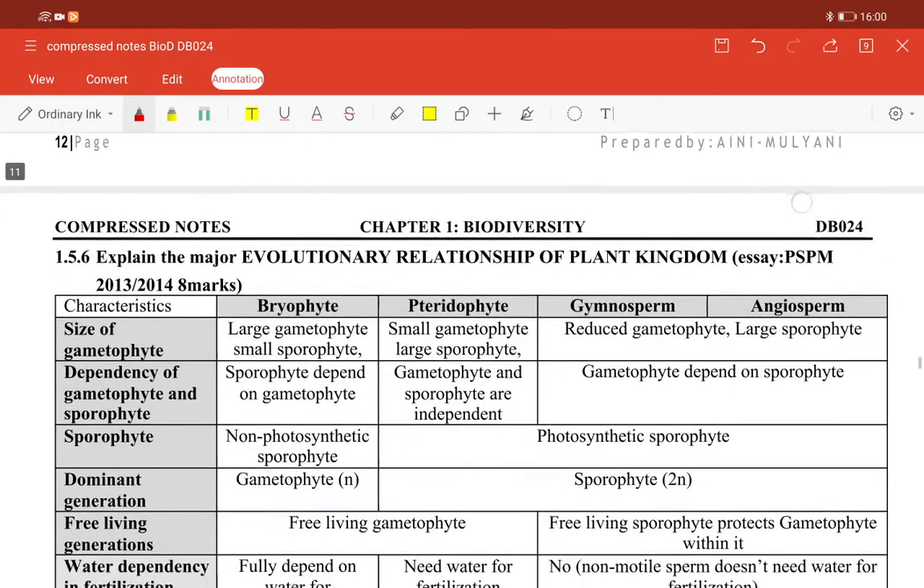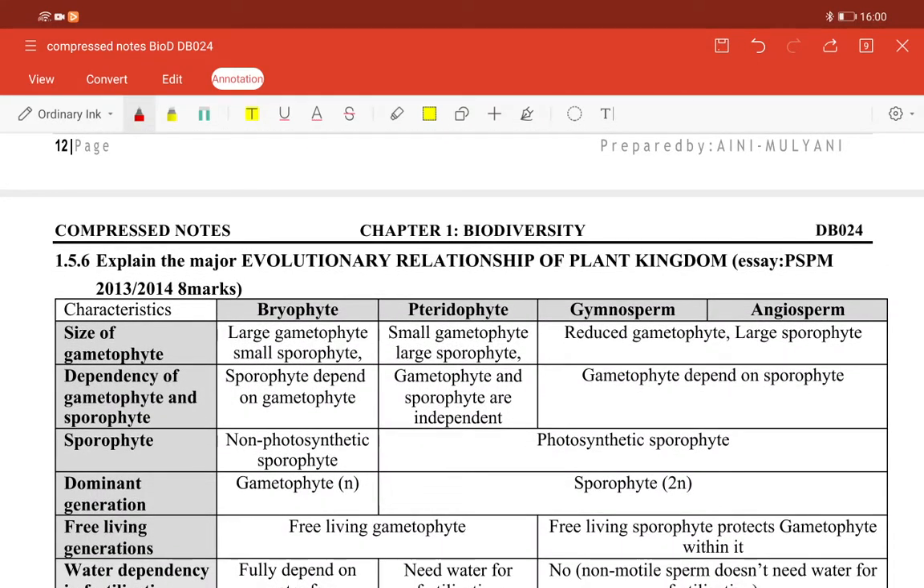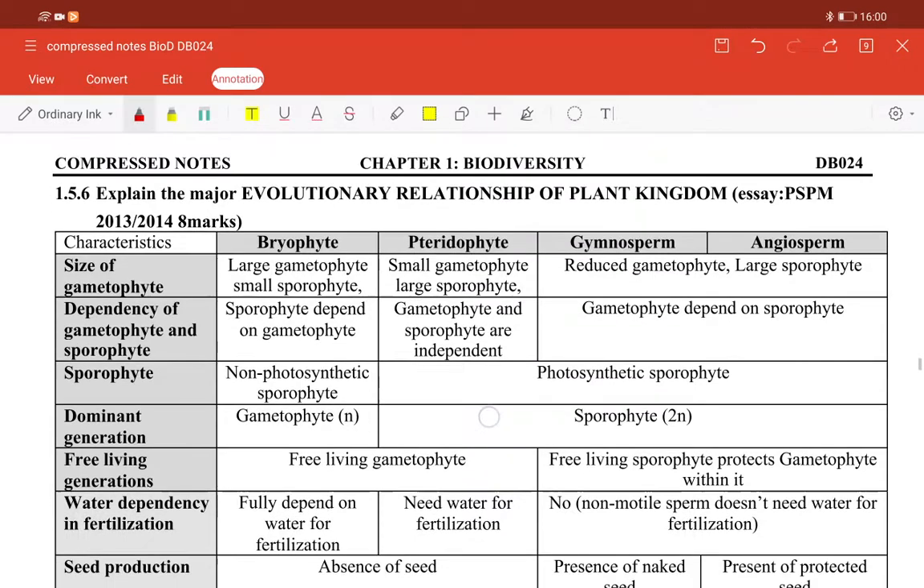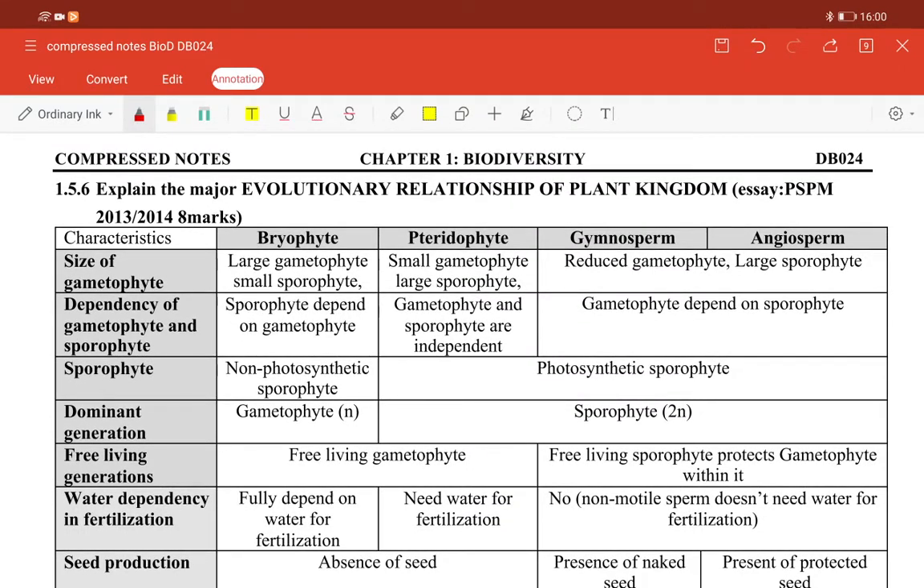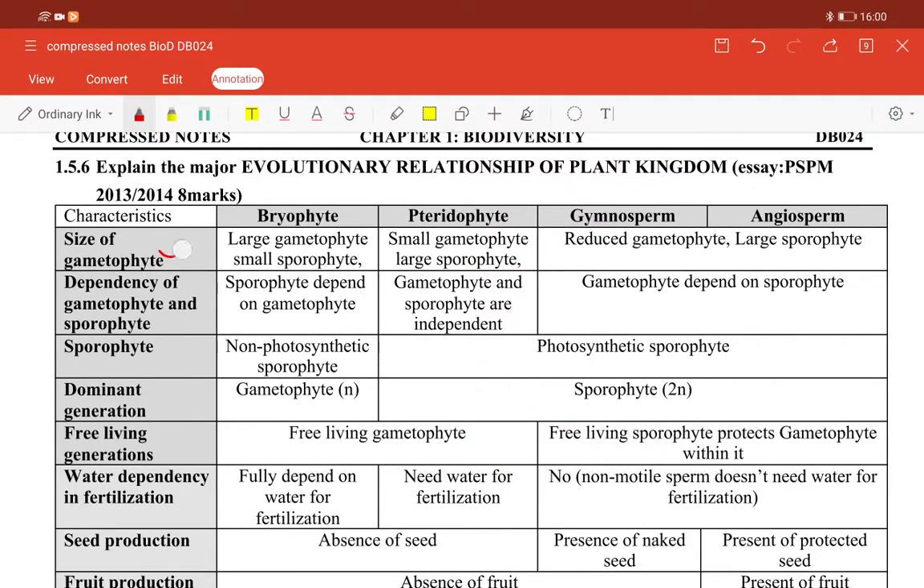Okay. So evolutionary relationship of plant kingdom is based on the 4 groups in terms of its size. So for bryophytes, the large gametophyte